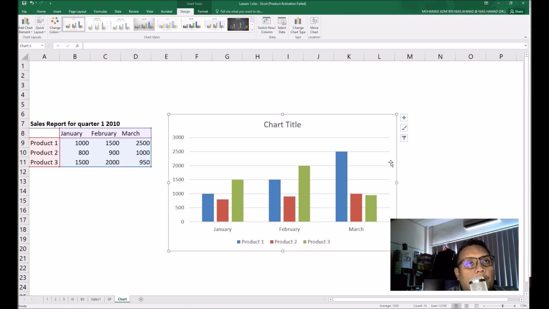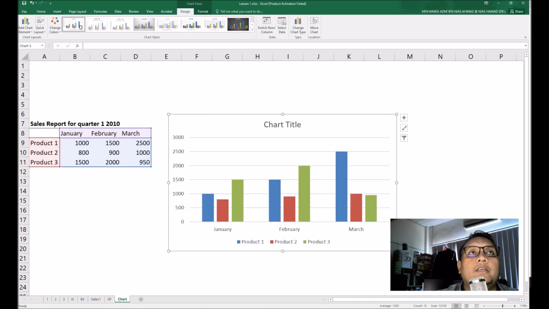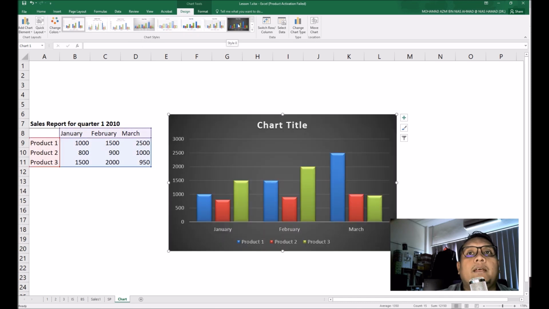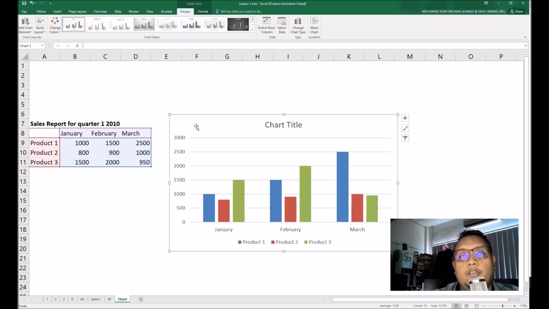Automatically, okay, it compares product 1 to 3 according to months. Okay, so let's say if you want to make it more interesting, you can change the color of the background. You can make it some kind of 3D look, and also okay, and also you can